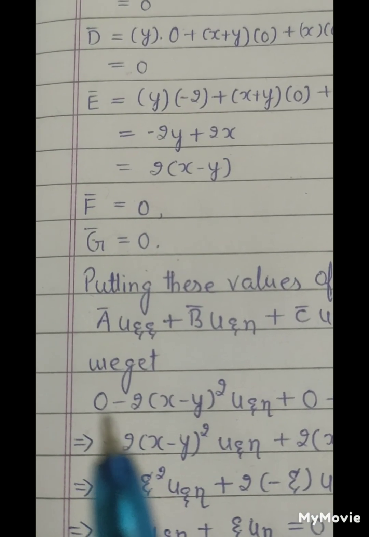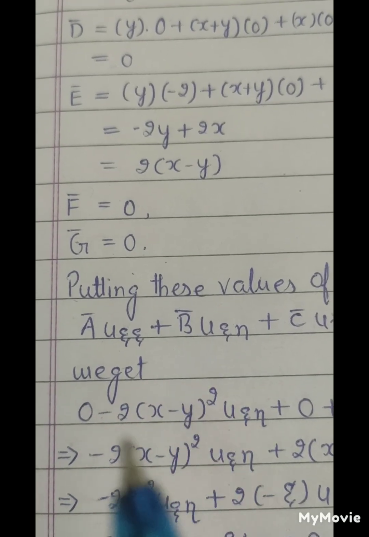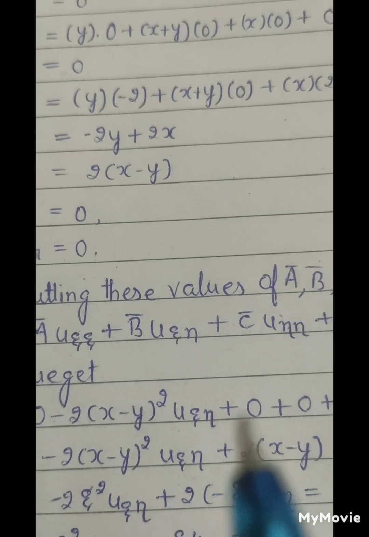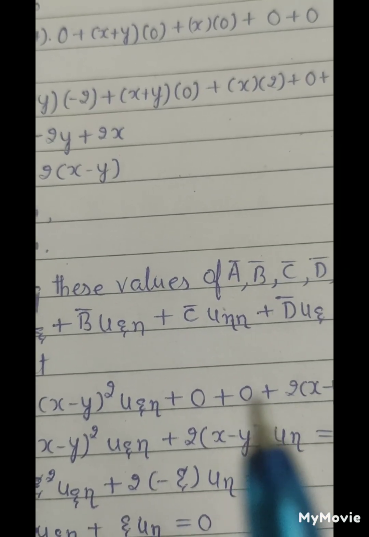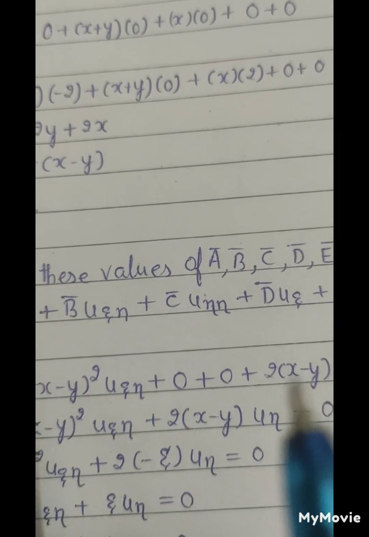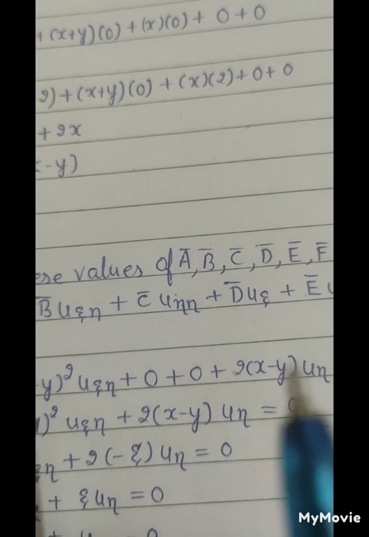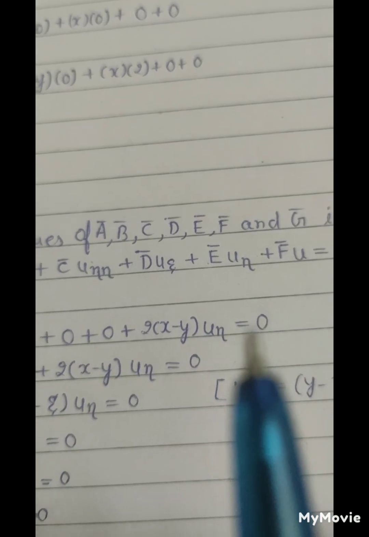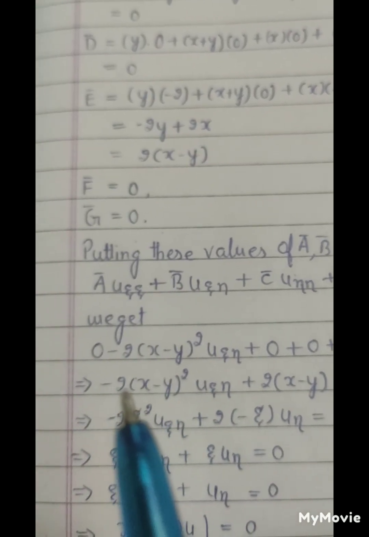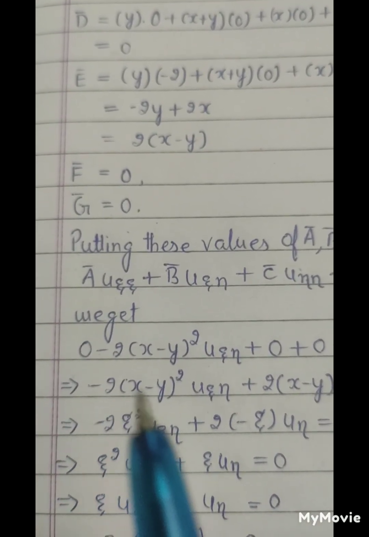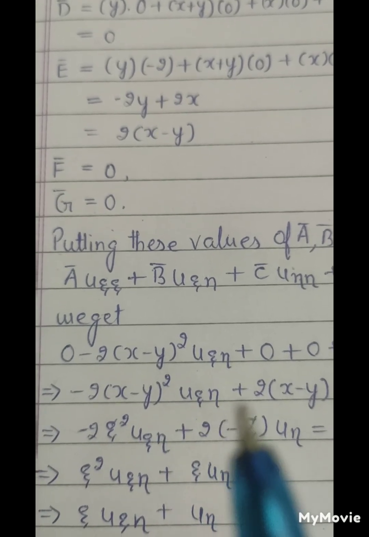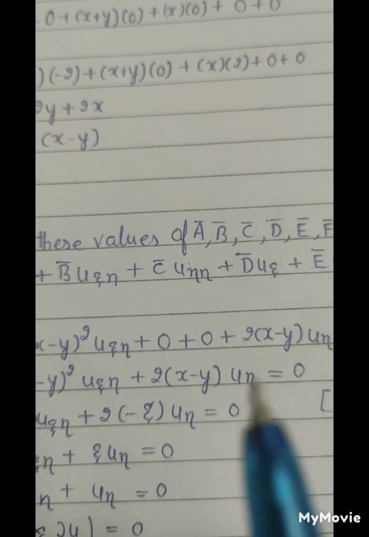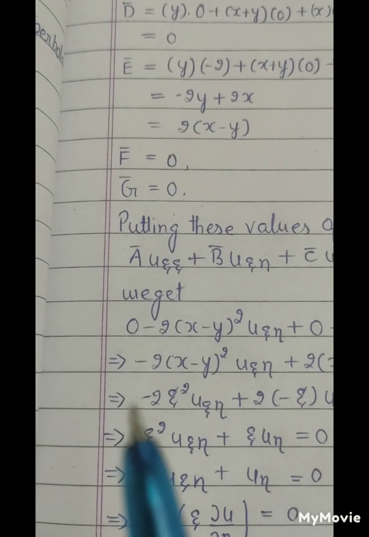We get a bar equals 0, b bar equals minus 2 into x minus y whole square, u xi eta, plus c bar is 0, plus d bar is 0, plus e bar equals 2 into x minus y, u eta, plus f bar equals 0, g bar equals 0, which implies minus 2 x minus y square u xi eta plus 2 into x minus y into u eta equals 0,